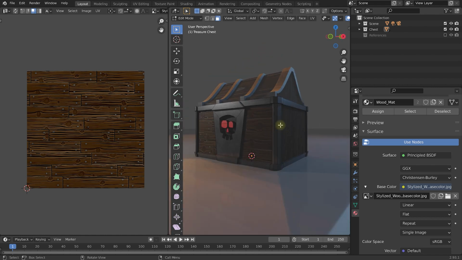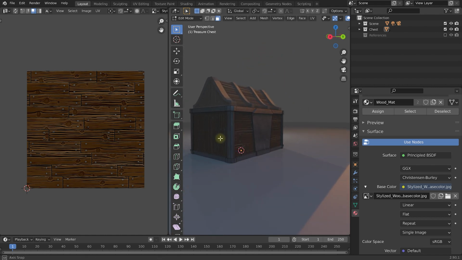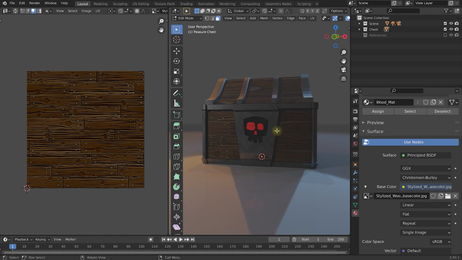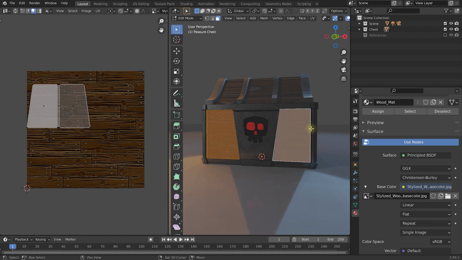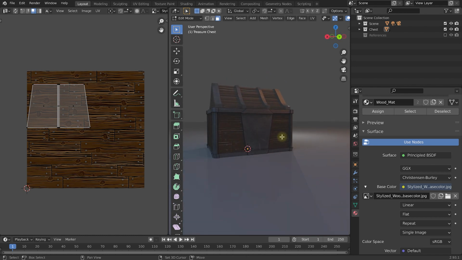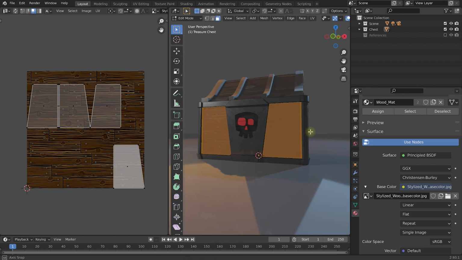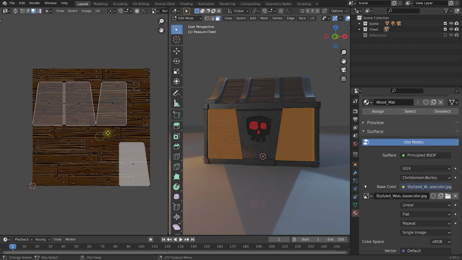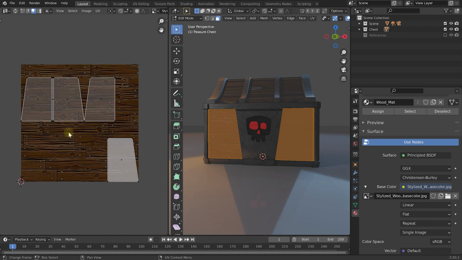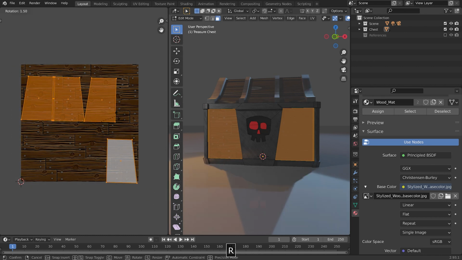Now, I don't like that the planks on the front and the back of the treasure chest are horizontal rather than vertical. So let's simply select those faces, hold down Shift to select all of them, and again, include those little strips on the side, as well as the 2 big ones on the back. And what we can do is we can now simply rotate these faces in the UV editor to change how that texture is mapped. So let's click, drag around them to select all of them, press R to rotate them,